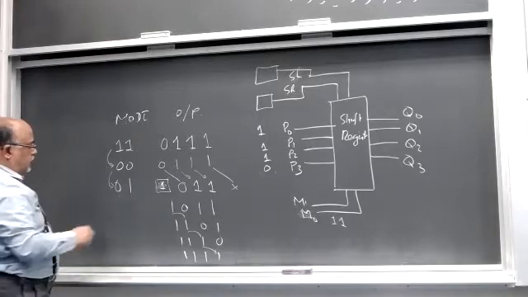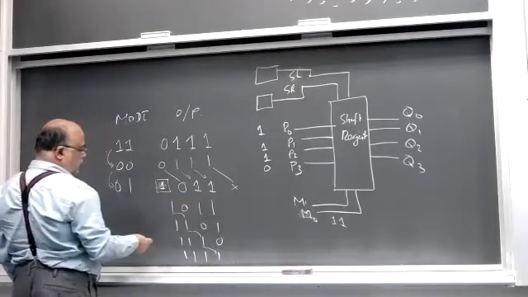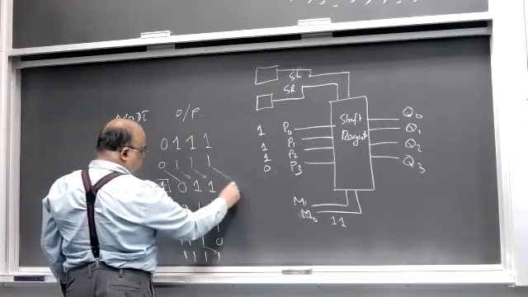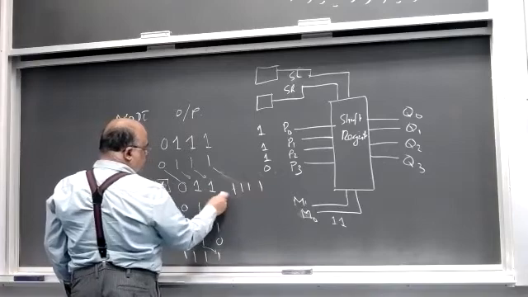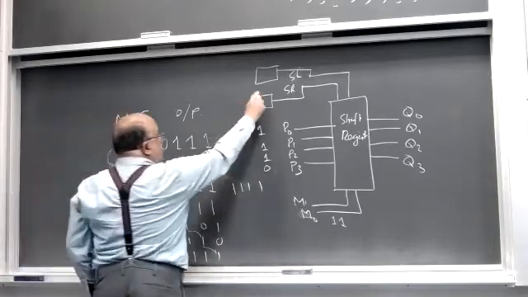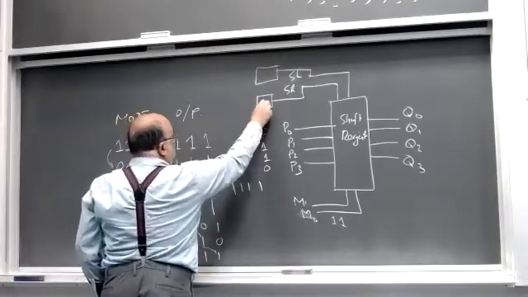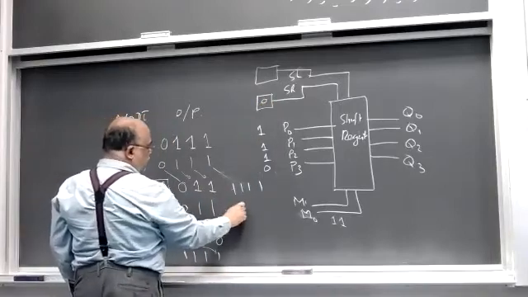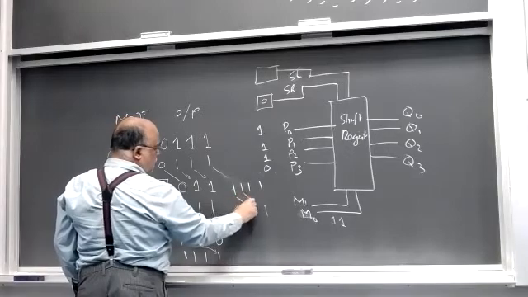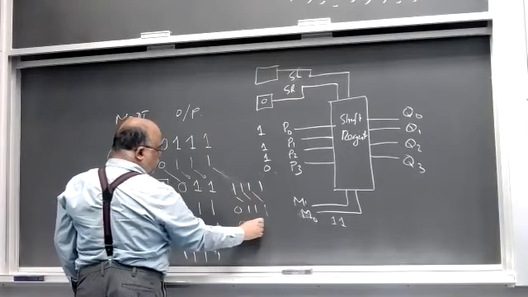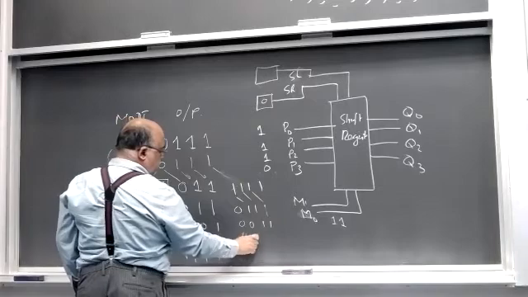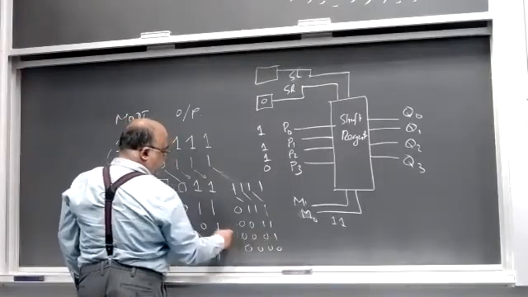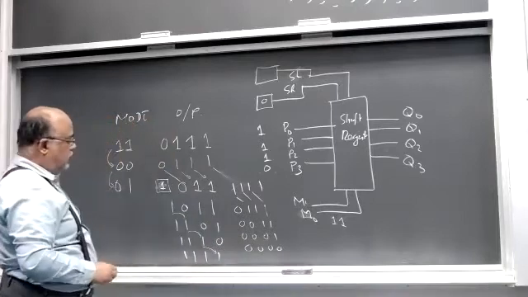अब अगर इसको मैं 0 करके फिर शिफ्टिंग करूंगा तो फिर क्या होगा? यही वैल्यू ले लेता हूँ 1 1 1 1। अब मैं शिफ्ट राइट इनपुट को 0 कर देता हूँ, फिर क्या होगा? फिर ये 0 आ जाएगा 0 1 1 1, फिर 0 0 1 1, फिर 0 0 0 1, फिर 0 0 0 0। सारा 0 ने कॉपी कर दिया, सारा पकड़ के सारा ले गया उधर।